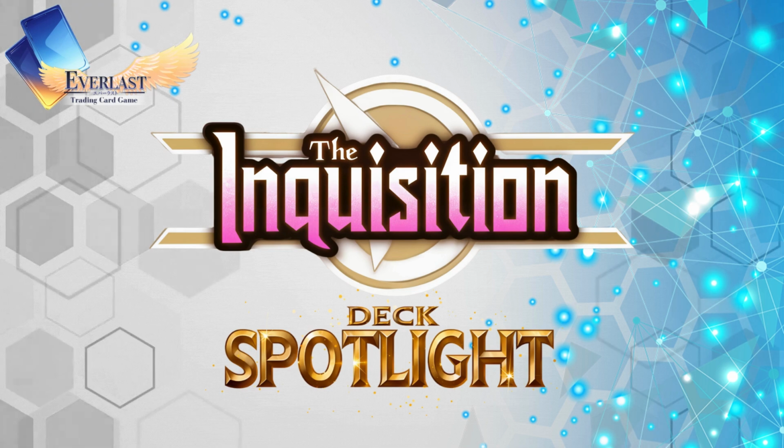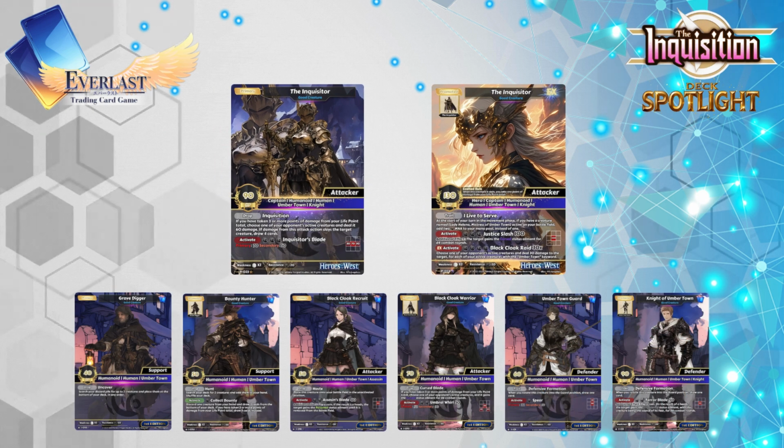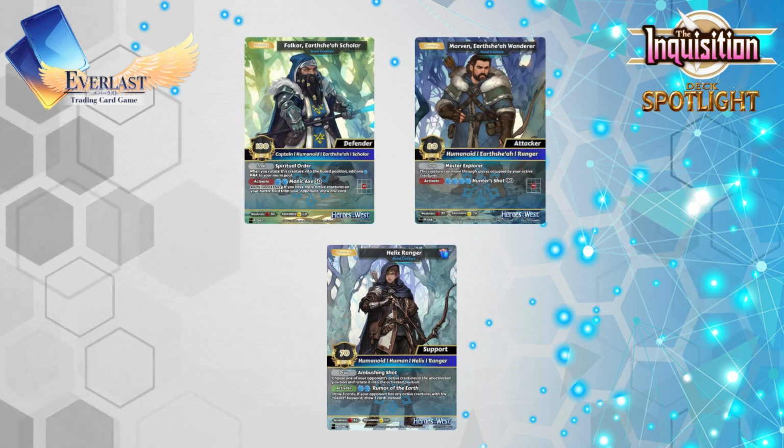Now let's dive into the Inquisition EX Battle Deck analysis. This Dark and Frost element deck revolves around the Inquisitor and the warriors she has gathered to protect Lady Helena, Matriarch of Umber Town. Alongside the Rangers of Helix, survivalists loyal to the King of Helix, she has recruited 2